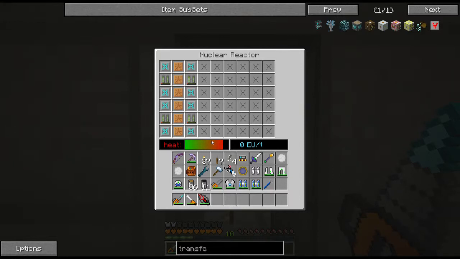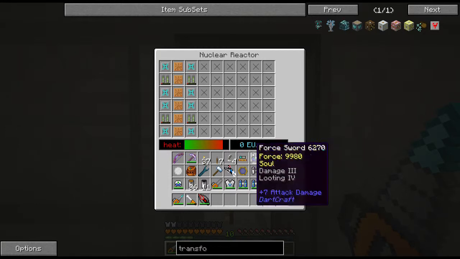Some benchmarks to note, using this EU output indicator to measure heat: at the 300 EU per packet mark, the reactor will be safe and will not damage the player or start any fires. At the 350 EU per packet mark, the reactor will be damaging the player. Actually, between 301 and 350, player damage will occur, and above